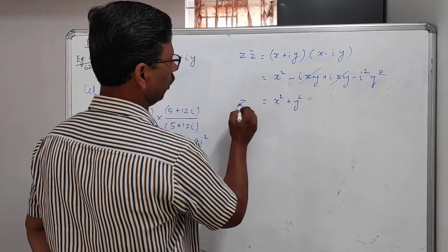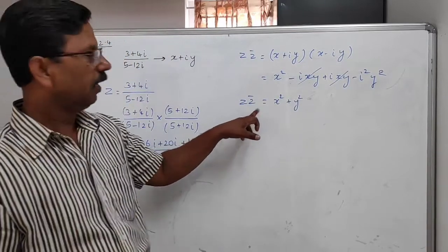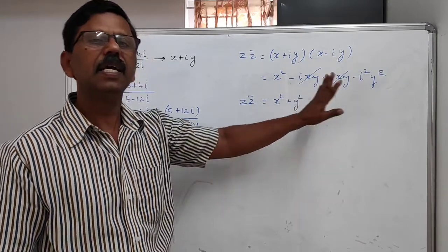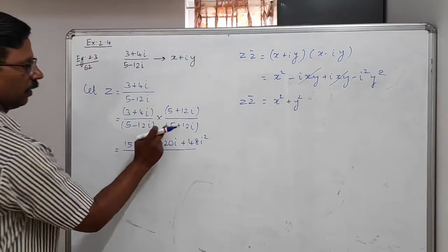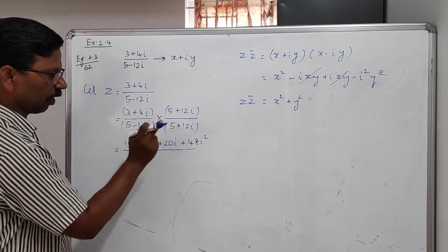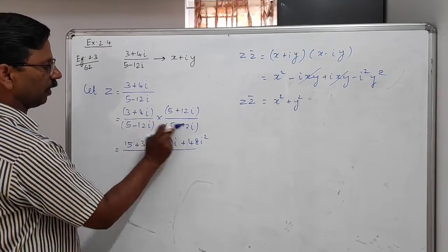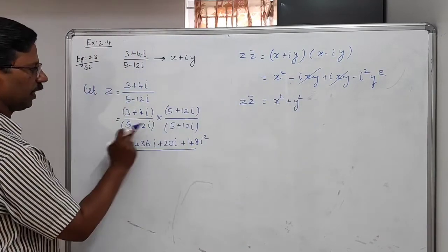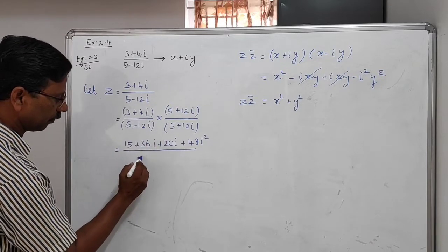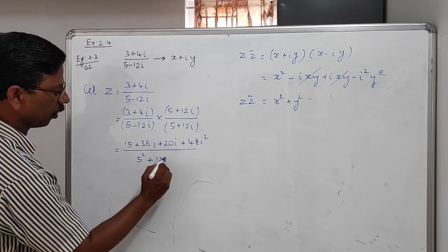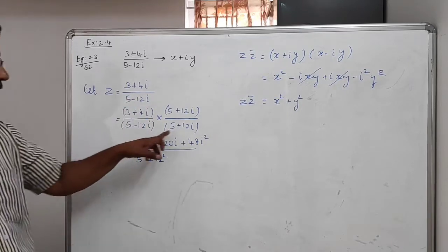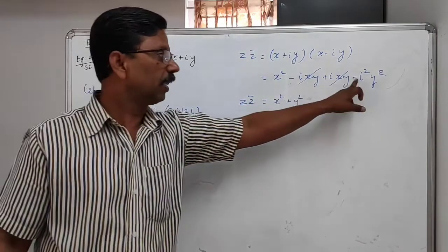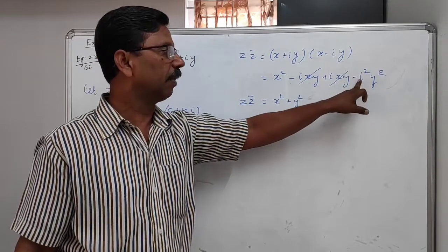Therefore, whenever you want to find z into z bar, it is enough if you find the sum of squares of the real part and imaginary part. Likewise here, for z into z bar you need not bother about the other side, just square the real part and imaginary part, then add them. Therefore, here you can write 5 square plus 12 square. Don't think that a plus b into a minus b equal to a square minus b square is wrong, because i square is coming, therefore minus i square means plus